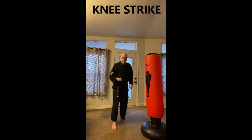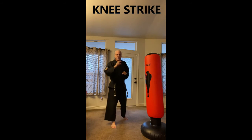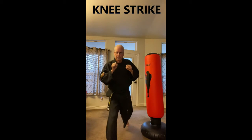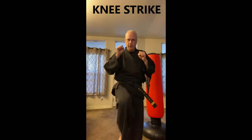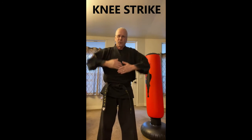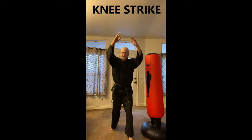So now you're going to do the knee strike with your right knee. You're hopping on your left, knee strike with the right knee. Look like this. And back. 5 of those. Try to do it with me. Ready. Go. 1, 2, 3, 4, 5. Good job. That knee strike could be driving right into the stomach area, or by grabbing the head, pushing